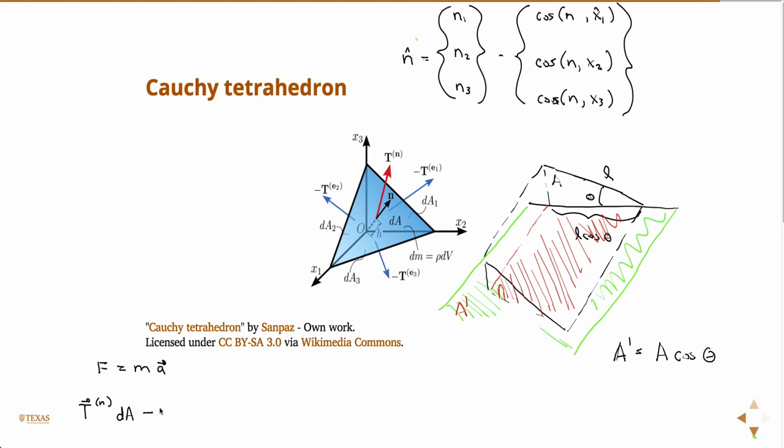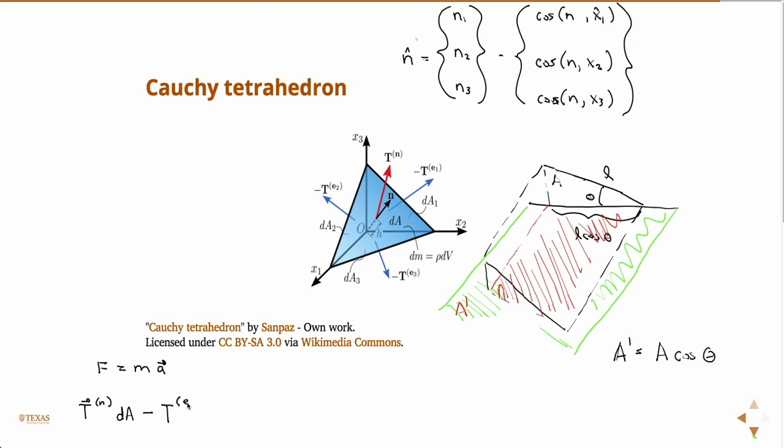Minus, because my positive coordinate system is coming this way, so this is clearly going to have all positive components the way it's drawn. But all of these guys have negative components, the blue ones, they're in the negative direction. So minus